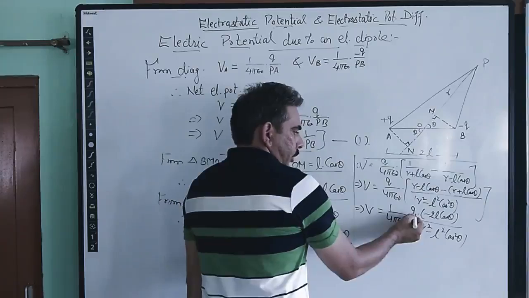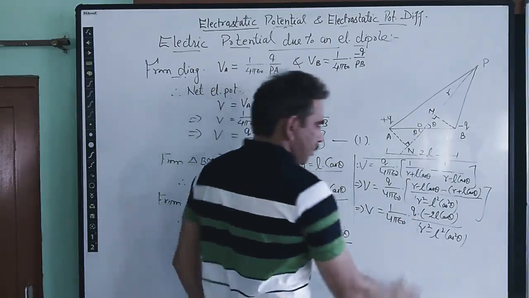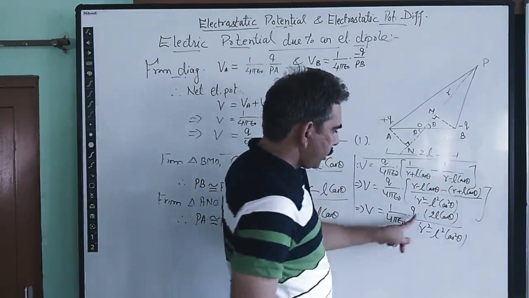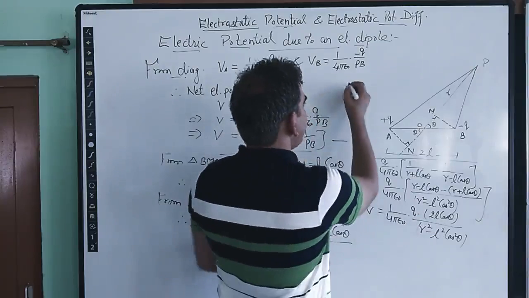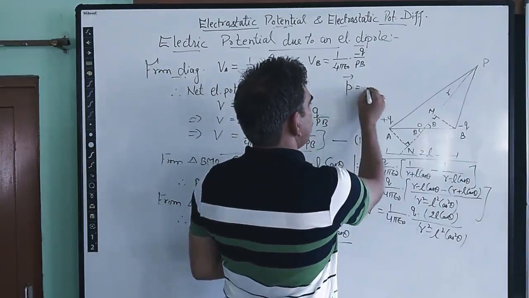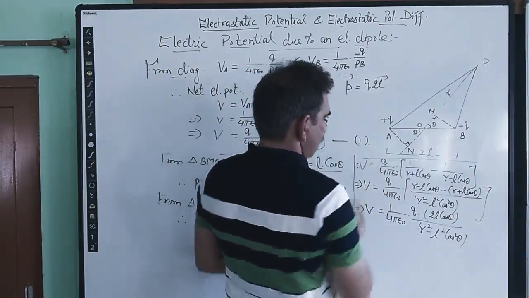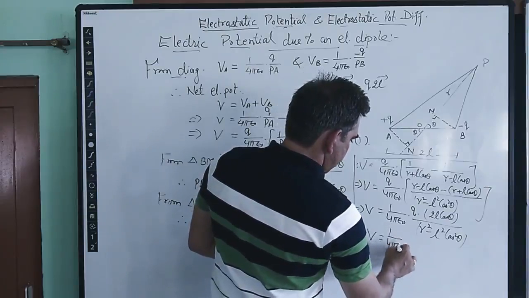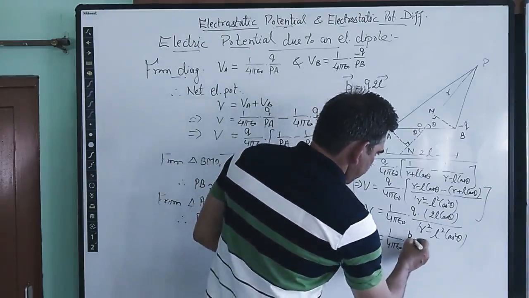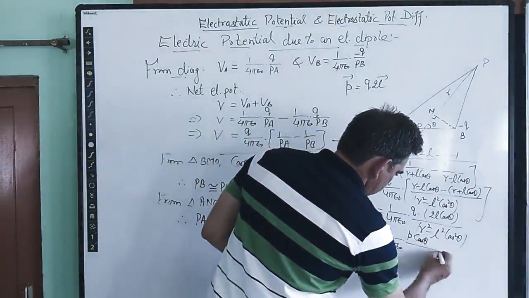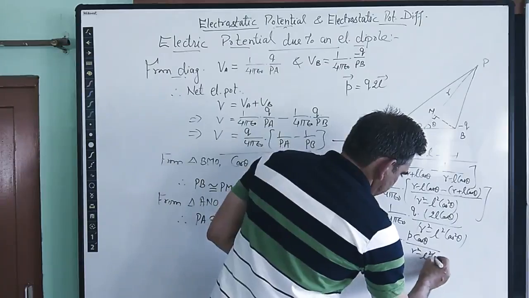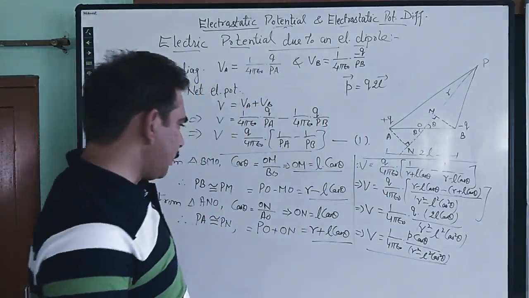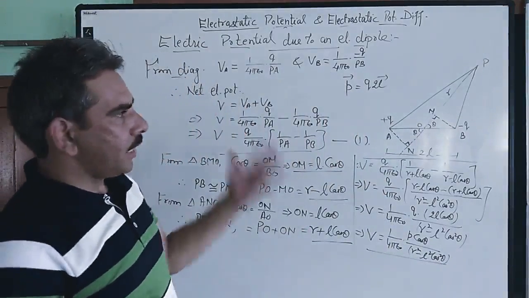So this term Q into 2L, because it is just a magnitude, it has no sense of direction, so we can drop the minus sign here. So it is just Q into 2L. As we can recall, Q into 2L is the electric dipole moment P. So in terms of magnitude, we can write V is equal to 1 upon 4 pi epsilon naught. The net potential comes out to be P cos theta upon R square minus L square cos square theta. So this is the net potential due to an electric dipole at any point.